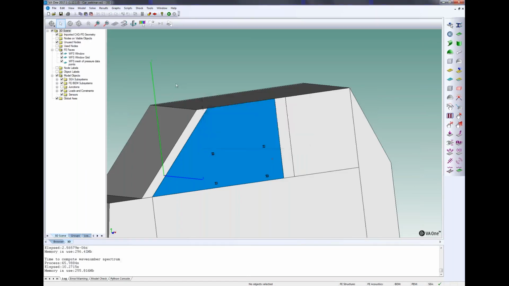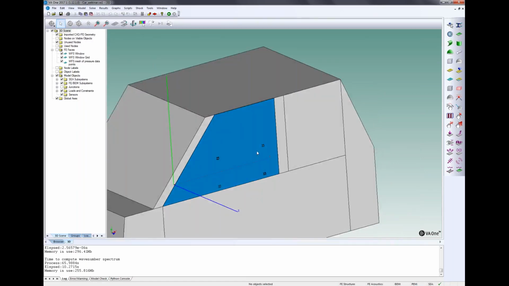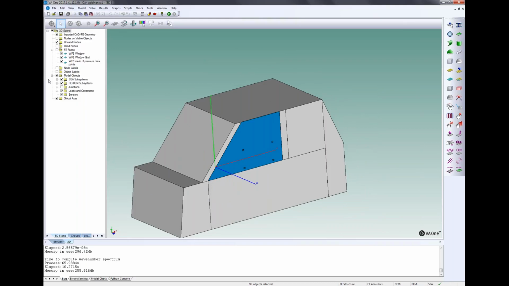After that, I will go to the browser. You can see here there are two tabs. The first one here is a 3D tab where you can manipulate all the objects of the model: the SEA subsystem, the FE ports, junction, load, constraints, sensors, and also deal with the interface